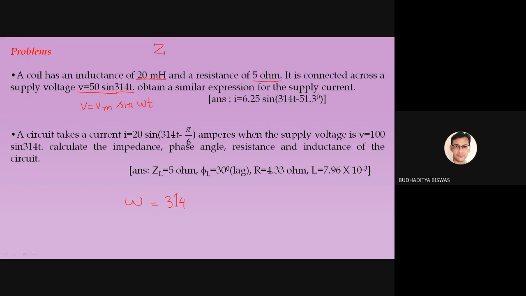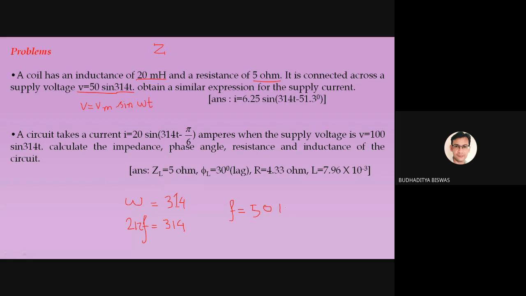Whenever you have a doubt, you may interrupt me and ask the question. If you compare this with the standard expression of AC, it comes that omega equals 314. And omega means 2 pi f. Here the frequency is not directly given. We know that in India the frequency is 50 hertz, but this is not mentioned, and if it is not mentioned, you need to find a way to calculate it. So 2 pi f equals 314, and from this expression everybody can find f. So how much is f coming? It's 49.97, approximately 50 hertz.